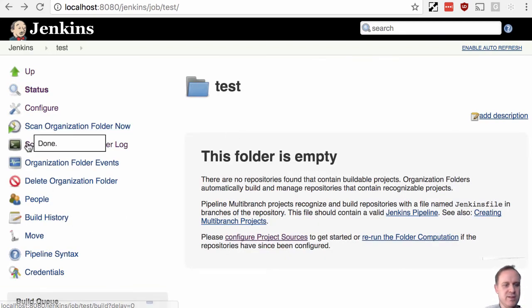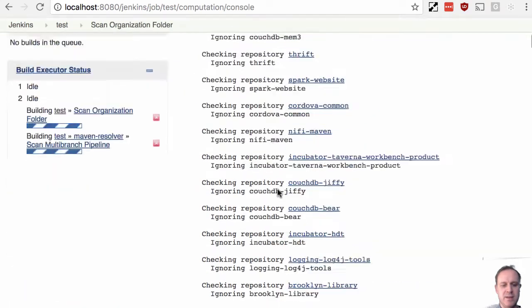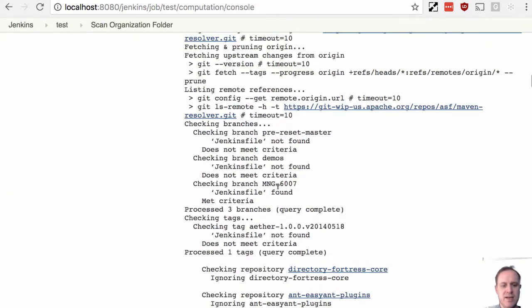Right, scan organization folder. We gotta find something. Here's the log. And aha, checking branches. So you see it's going to check branches in turn until it finds one that has the criteria. If it finds any with the criteria, it knows that's supposed to be an organization folder. And so now if we look,